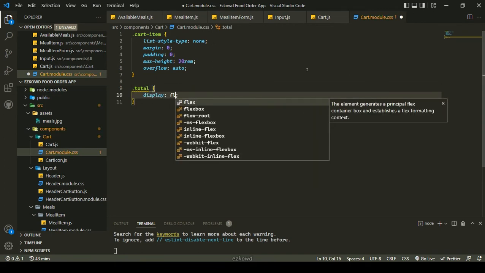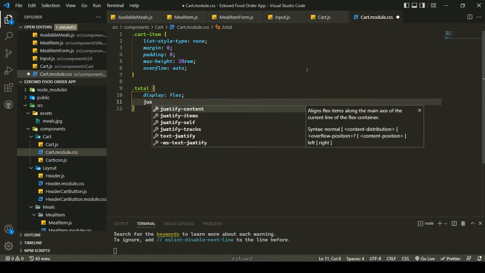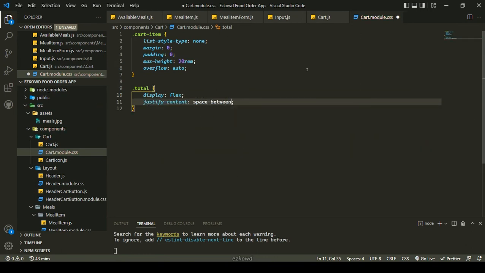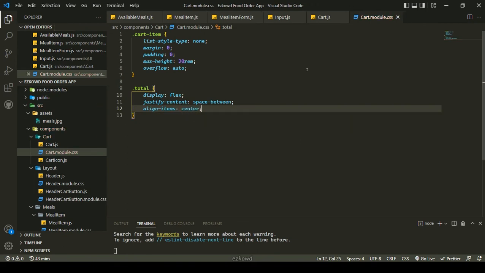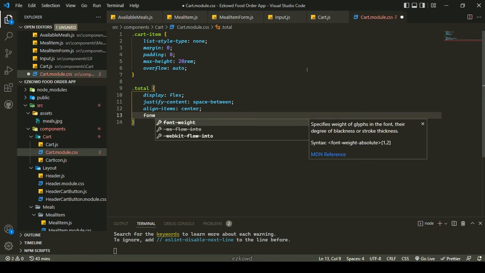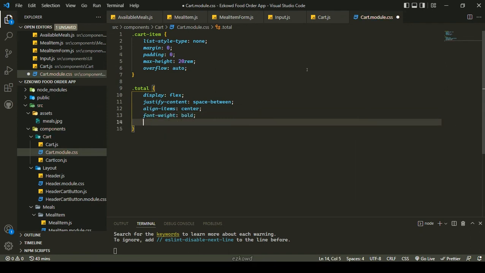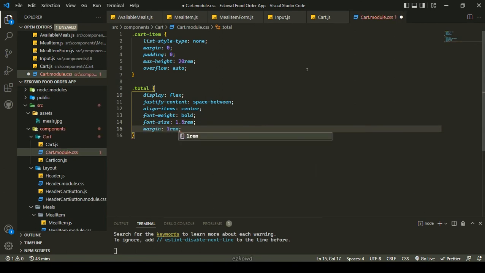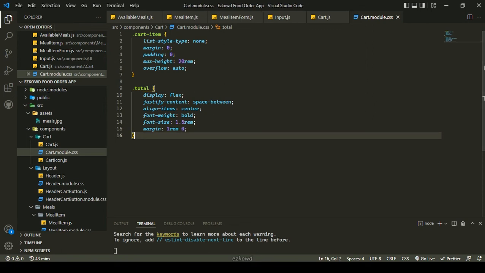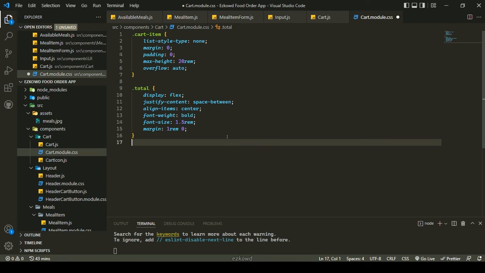Display natin is flex. And justify content is a space between. And align items would be center. And font weight natin would be bold. And font size would be 1.5 rem. And margin natin would be 1 rem. Okay. 1 rem, 0. And then, for the actions naman,